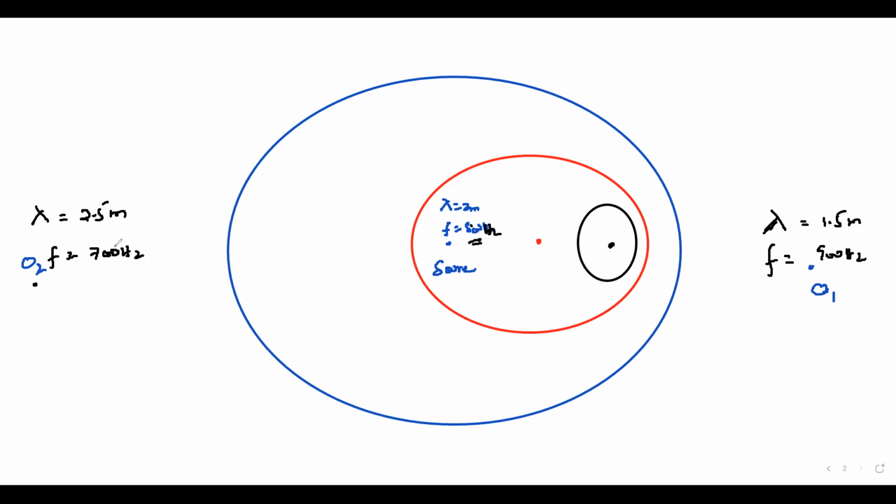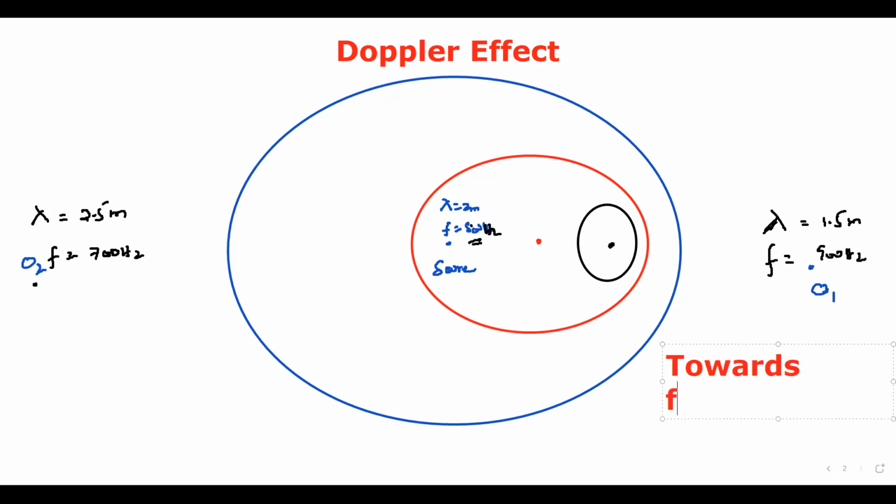But this is not the actual frequency, this is the apparent frequency. This is the frequency that the source appears to emit due to the relative motion of the source or observer. And this is what we call the Doppler effect. The Doppler effect is simply the relative change in frequency or wavelength due to motion of the source or observer. If the source or observer or both are moving towards each other, then the frequency will increase